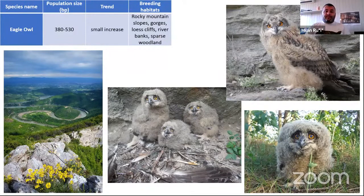And the eagle owl has a rather small population, a bit increasing recently from 380 to somewhat over 500 breeding pairs. Their normal breeding habitat would be something like hilly, rocky slopes with lots of rocks and sometimes river banks with steep slopes and loess cliffs and sometimes even sparse woodland. But it's usually something where they can actually overlook a good hunting ground, which is like a riverine forest or agriculture area or something like a lake or nearby village where they can easily go down and hunt a chicken or a fox or